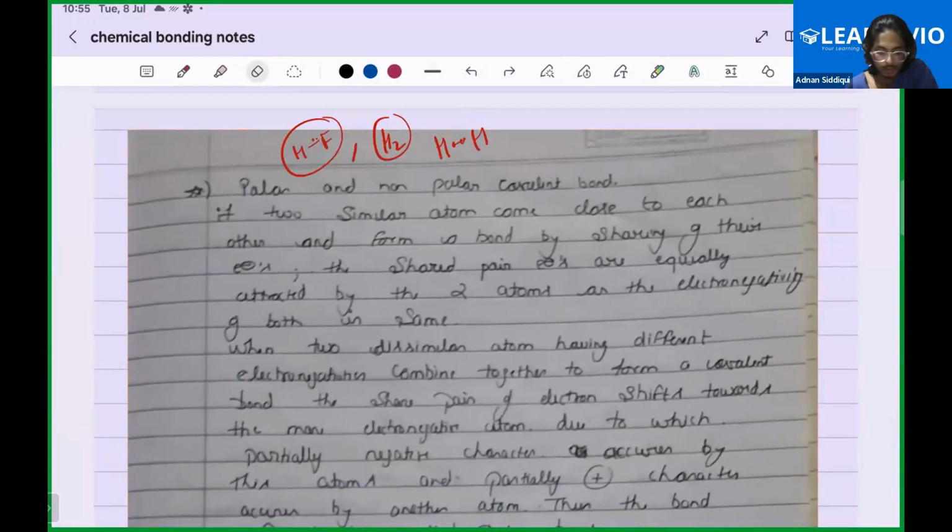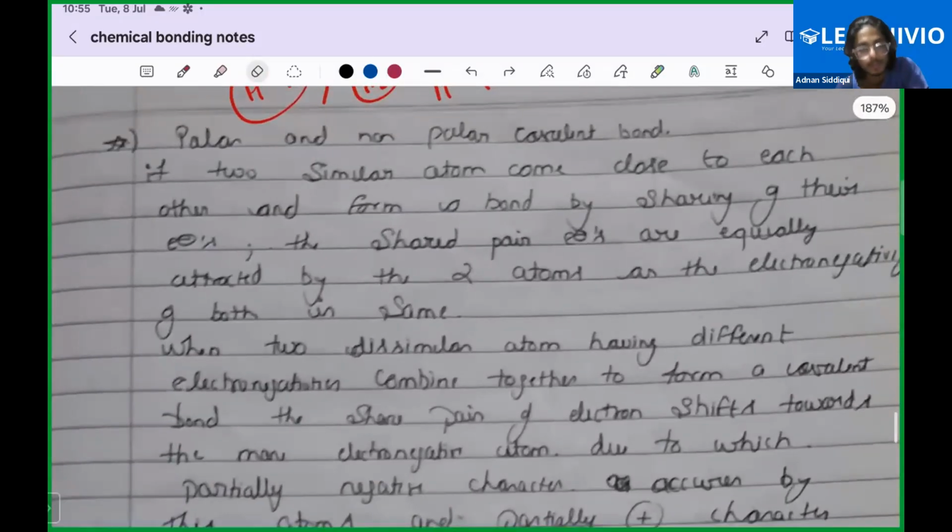To make a bond, we need to make the molecule stable. Yes, we need to understand polar and non-polar. Have you heard about the polar term? I heard of it, but... See, polarity means, suppose in a covalent bond, ideally,